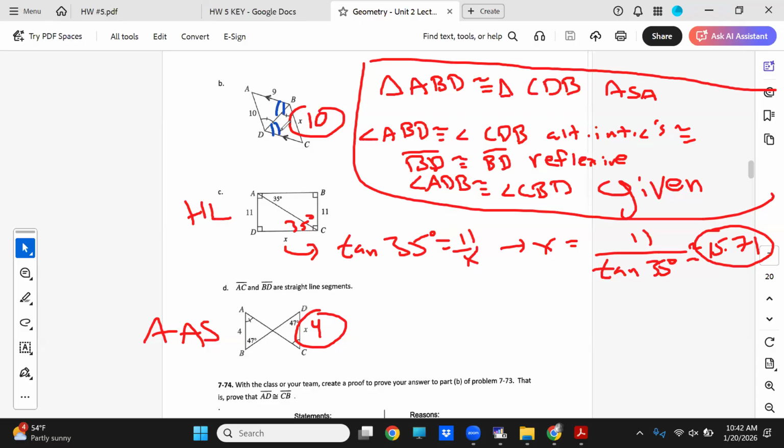For C, I can deduce that triangles ADC and CBA are congruent by HL. They share the hypotenuse, which is AC. They share a leg, and of course, they're both right angles. And tan 35 degrees equals 11 over X, work it out. So you got that, because you could use CPCTC to say that ACD is the same as CAB for the angles. And for D, that's an AA because you have vertical angles, first of all, going on. And you're given that angle A and C are the same. And also, we know